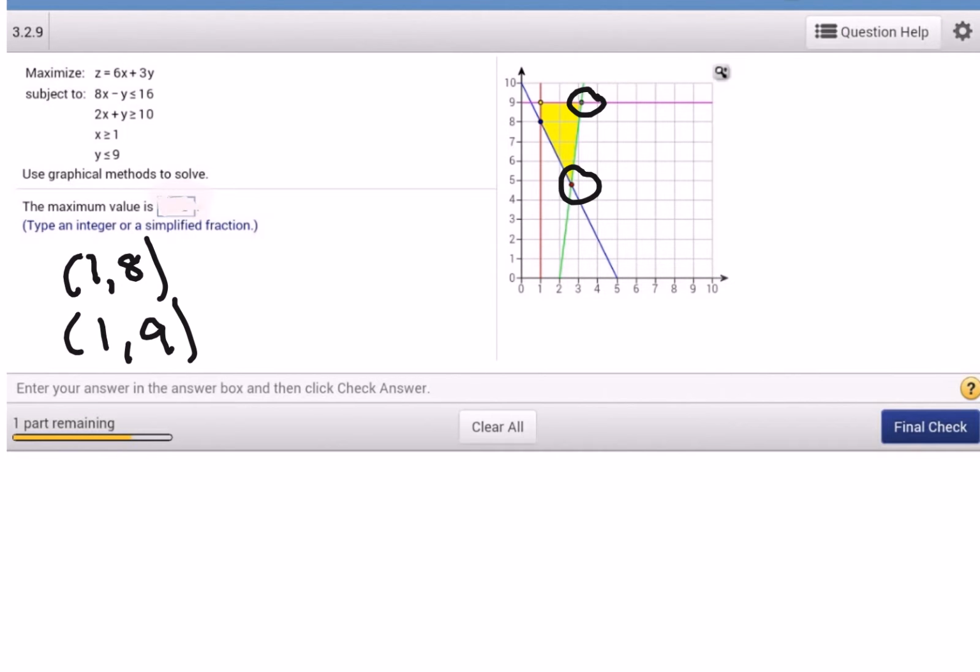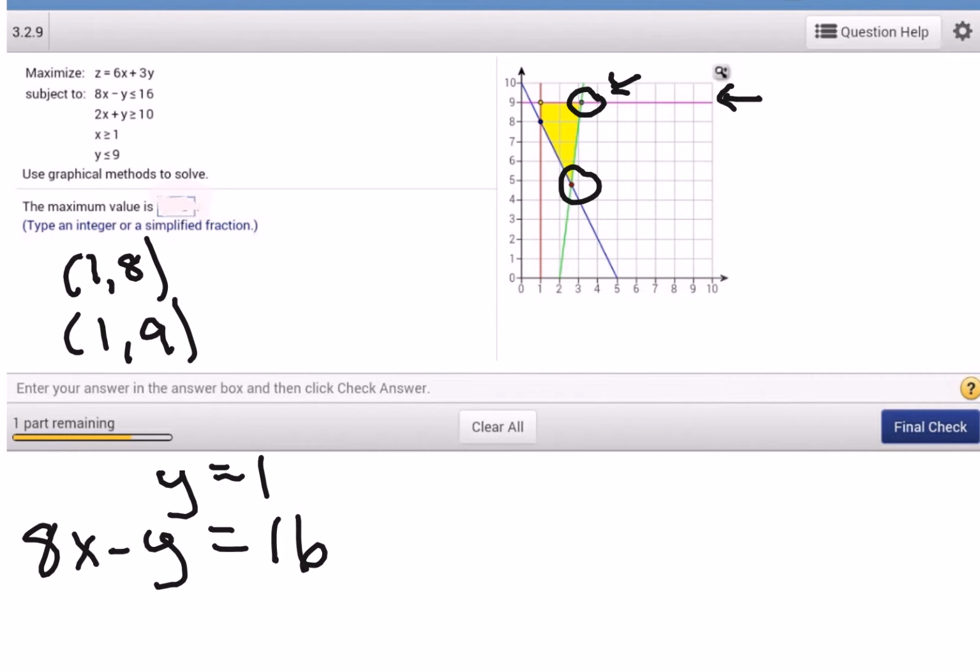We'll start with these 2 lines right here where they intersect. That is y equals 9, and the other line is the green line that intersects it, and that is 8x minus y equals 16. This is what we're going to solve, just as a system of equations from the previous section, and it's already set up to do by